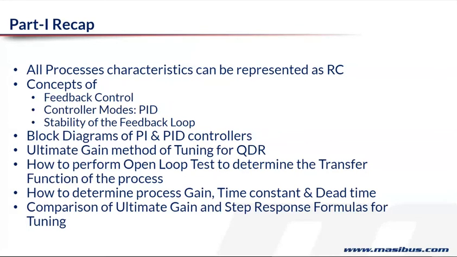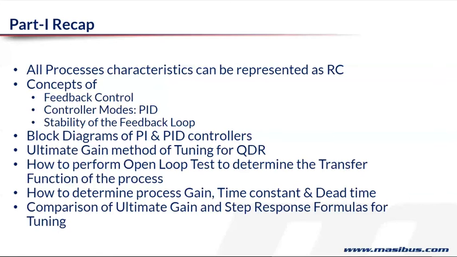We also looked at how to perform an open loop test. So in your PID controller, you always have a manual mode. You can use the manual mode to do what is called open loop testing. You put the controller in manual mode, you give a slight bump to the manipulated variable, which is like the output of the controller, and capture the response of the process parameter you want to control. And based on this open loop testing, you can arrive at the PID parameters.